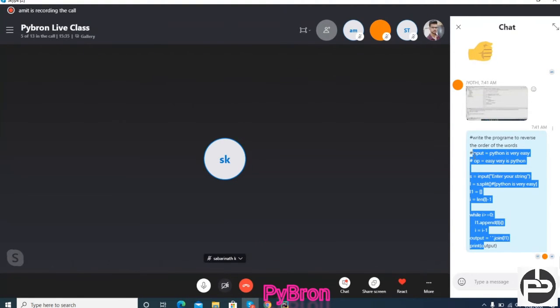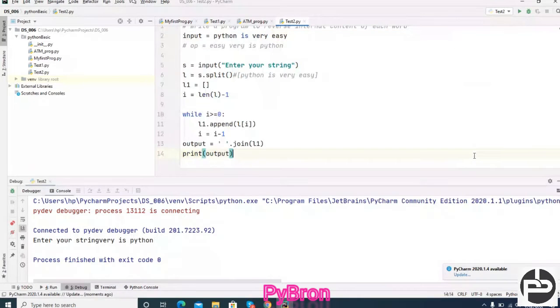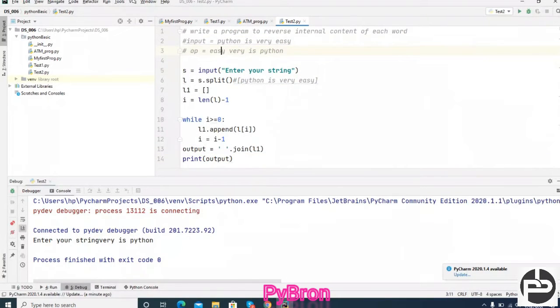In this, I am going to copy this and paste it here. Can you see this? I need output like this, which means the output also we have to reverse, like y a s e, everything we have to reverse, the content also. Hope it is very easy for you guys, you can do it, right?